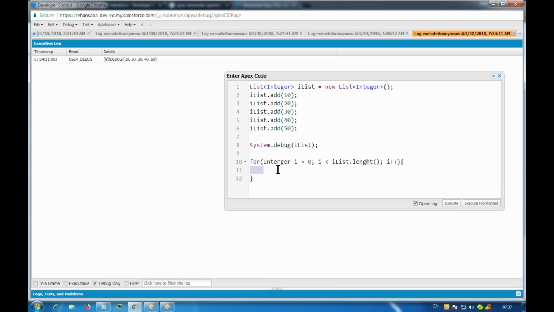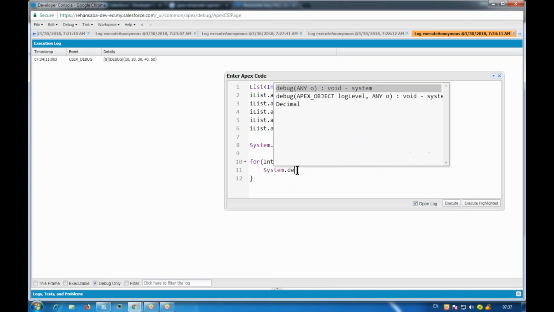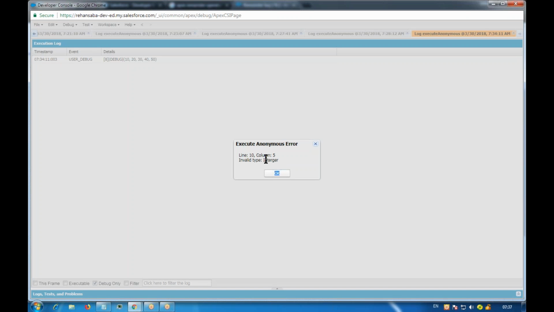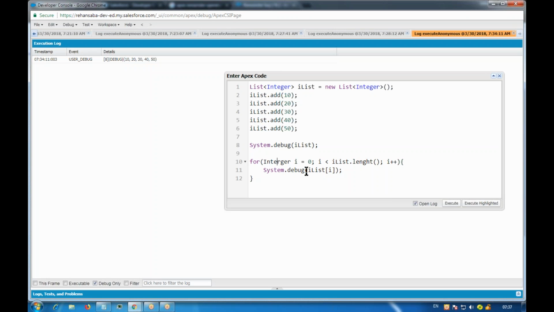And then I'm iterating it each time. Now if I display the values, let us say system.debug, and inside this, if I have to display any of the values, I will say I list of I. So now if I execute this, spelling mistake,